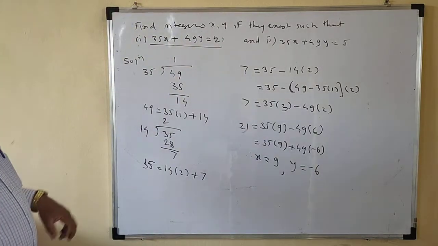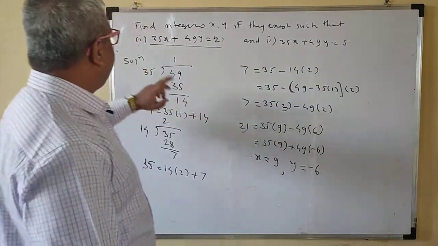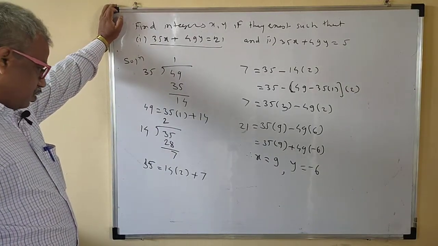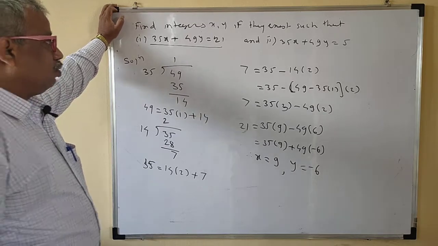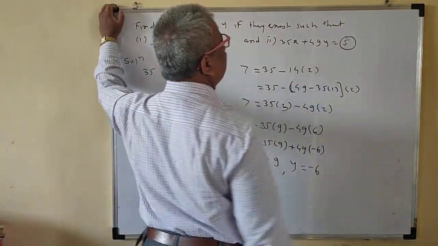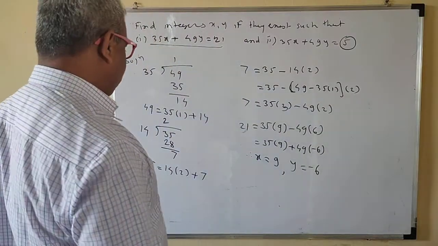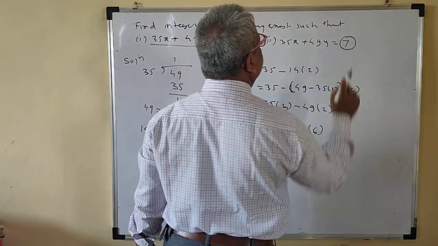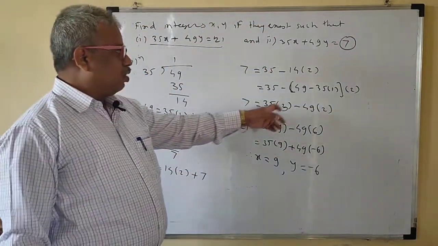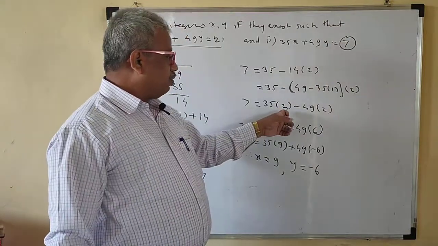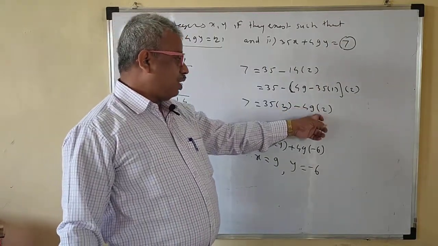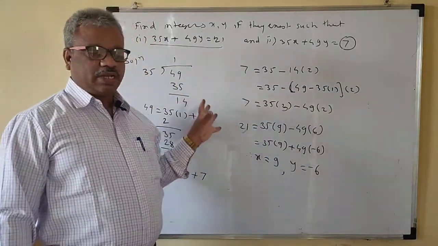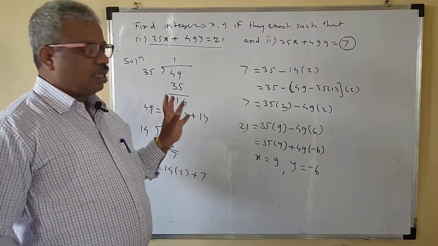Okay. Now here 35 and 49 is there. So you want the value 5 now here. So is it possible? So something is wrong here. Okay. So instead of 5, we'll take 7 now here. And do the problem the same way. So if you take 7 here, then your x is 3 and your y is minus 2. Okay. So I hope that you understand all those things. So do this independently so that you will understand all those things. Okay. So we stop here.